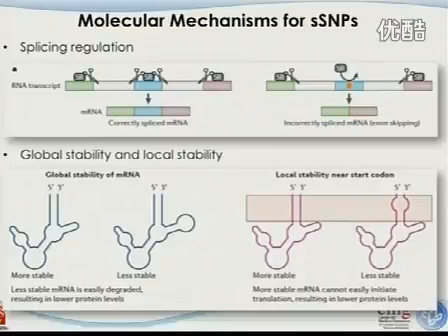And we may end up with more RNA protein product of this form rather than this form. Okay, that is really a very subtle but important regulation. Sometimes it happens in this way. If this variation happens very close to the 5' end of the gene, like this, in the 5' UTR